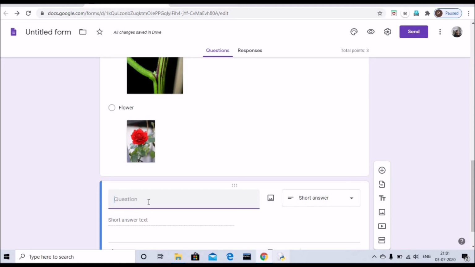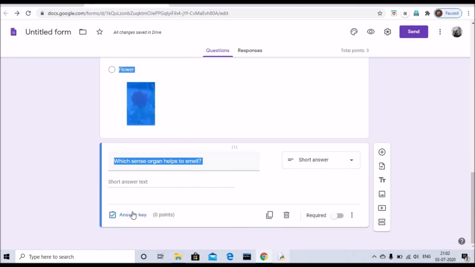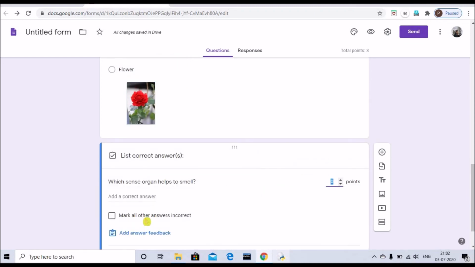So let's say I'm giving, which sense organ helps to smell. Okay, so let's do this. Now I have to go down and say answer key. In the answer key, I have to enter whatever single word answers could be the correct answers.